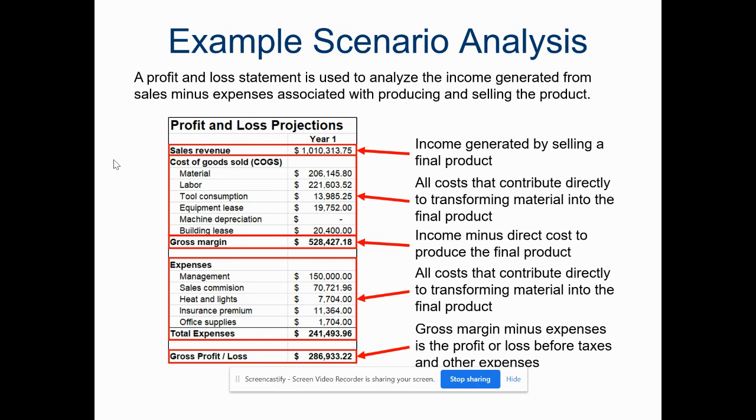And then this is what you're going to actually be doing with the transfer system. You will get the total revenue, okay, how many parts or units that you're making, and then what does it cost to do all of that? The COGS, the cost of goods sold, the material, the labor, the tools, the equipment, building lease, and you'd subtract those, okay? All costs that contribute directly from the material would be the management, sales, heat, insurance. So total expenses, then the gross margin minus those expenses would be the magic number,